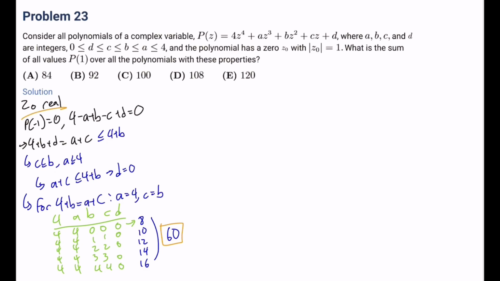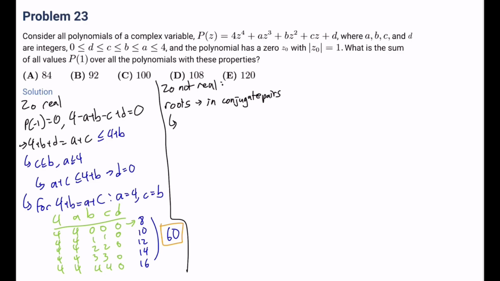That's when z0 is real. And now we have to consider when z0 is not real. When z0 is not real, that means the roots are complex, but then they are going to be in conjugate pairs. And that means if we factor this, then it's going to look something like z squared plus pz plus 1